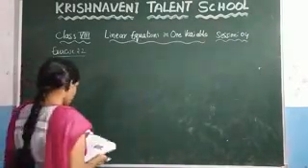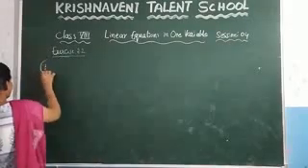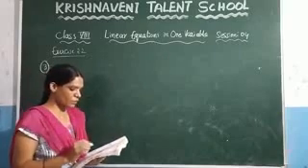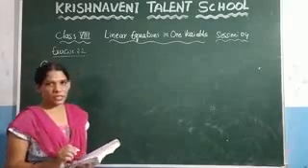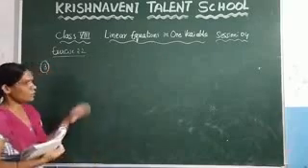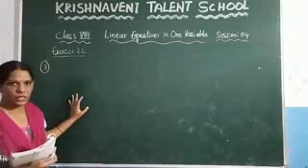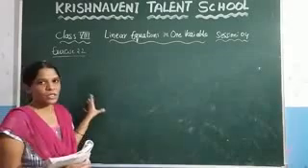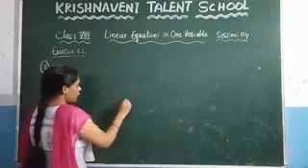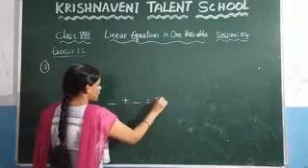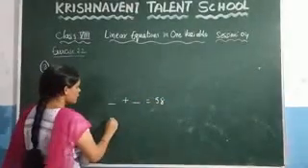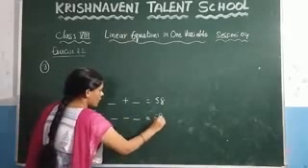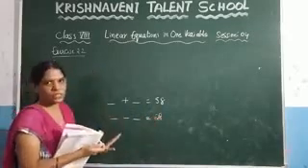See the third question. They have given, what are those numbers whose sum is 58 and difference is 28. Here they have given the sum of the numbers is 58 and the difference of the numbers is 28. That means if you add two numbers, you have to get the result as 58. And if you subtract those two numbers, you have to get the result as 28. You need to find out what are those numbers.